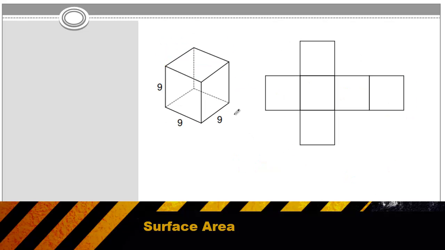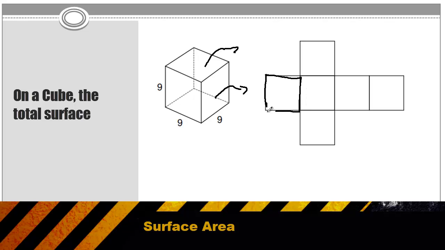To find the total surface area of a cube, simply imagine that you're unfolding a cardboard box, and you can see that there are 6 sides of my cube that all form 6 individually equally sized squares. So I really only have to find the area of one of my squares, and then I can multiply that by 6. So the area is just going to be a base of 9 times a height of 9,